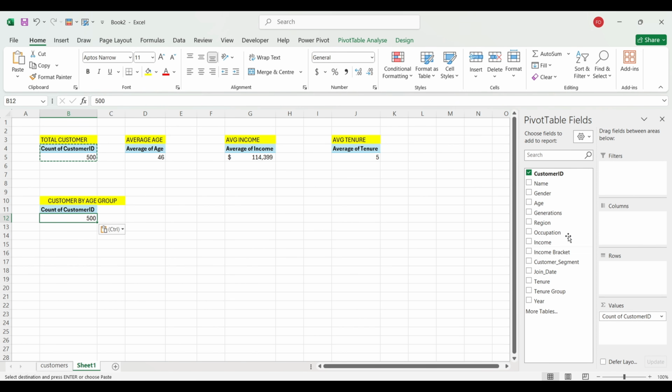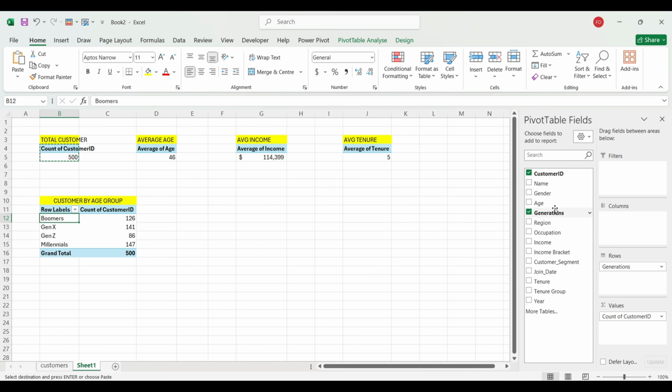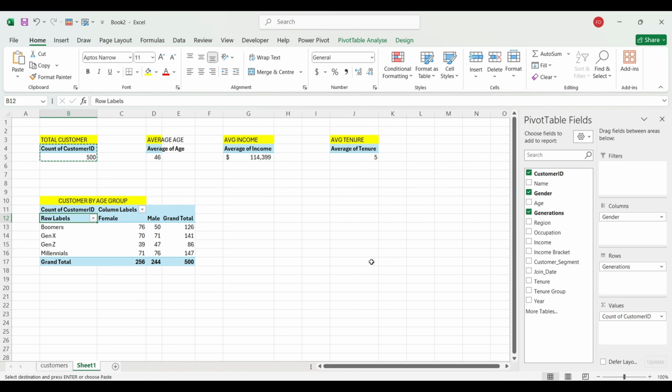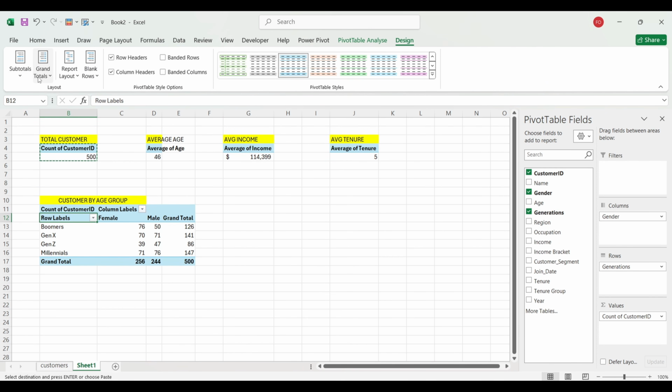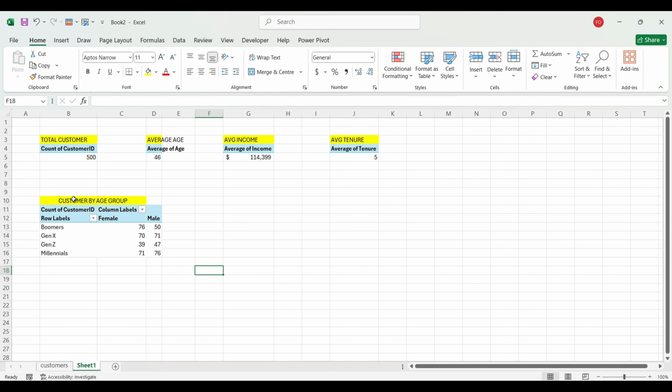Duplicate our pivot tables. So it's still going to be counts. So our age group will be generations, which is row, and our gender will be column. So it's broken down like this. We're going to take out the grand total of everything. That's for the age group. Then next up,